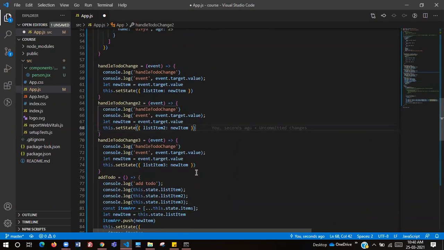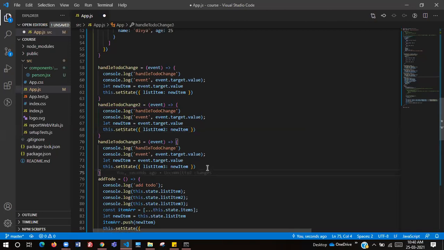These are very basic concepts, guys, and you need to have a total grip on these things. That way you won't face any issues later on.